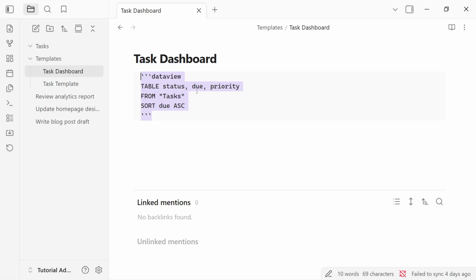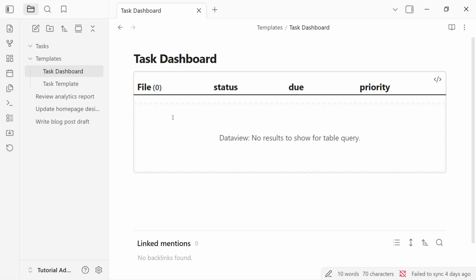Press Enter again. On the next line, type from, then a space, then Tasks in quotation marks. Press Enter again. On the next line, type sort do ASC. Then press Enter one more time and close the code block with 3 backticks. This query will pull task information from notes inside a folder named Tasks and sort those tasks by due date